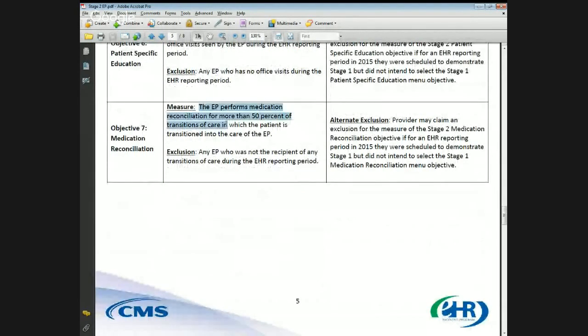For 50% of the patients, you have to make sure that you perform medical reconciliation. Now, as far as medical reconciliation is concerned, this happens when a patient is referred to you. Unlike the fifth measure, when somebody else refers a patient to you, you have the opportunity to do this medical reconciliation. So if you have